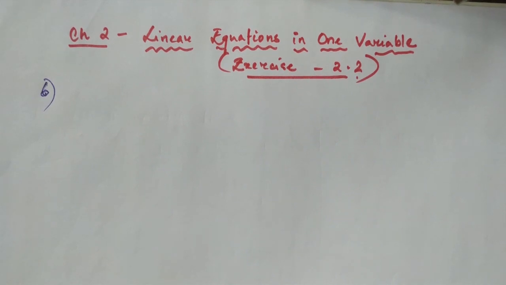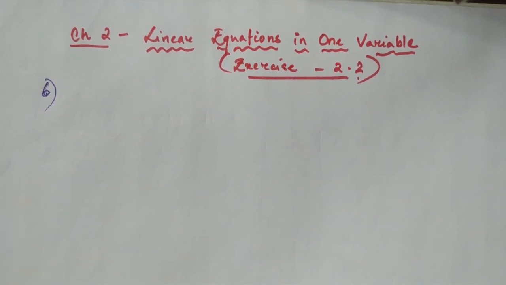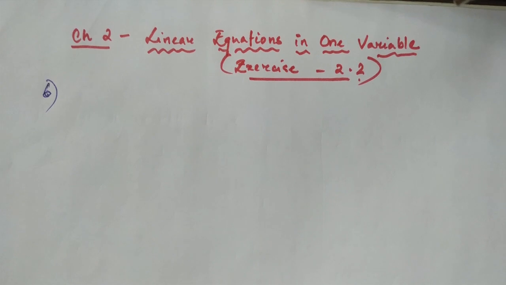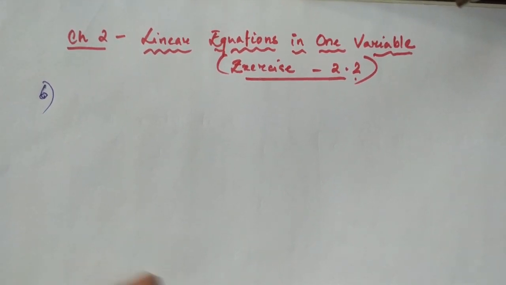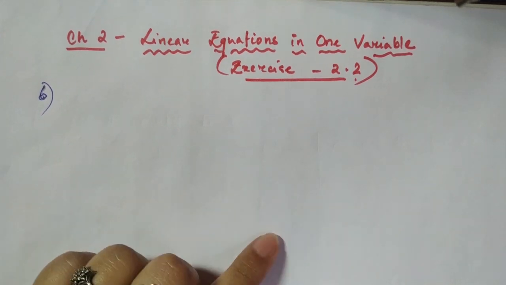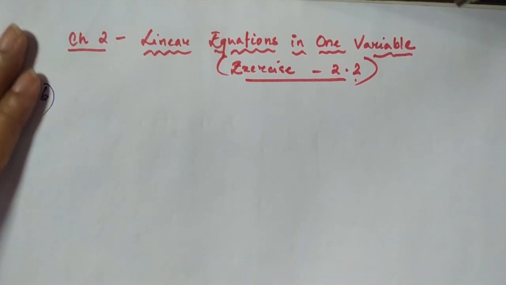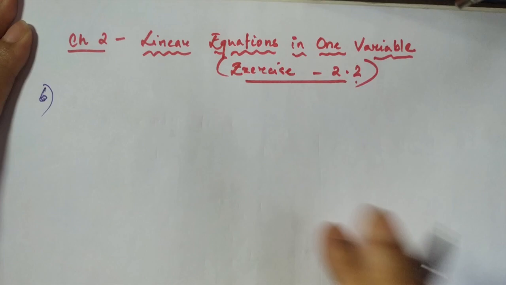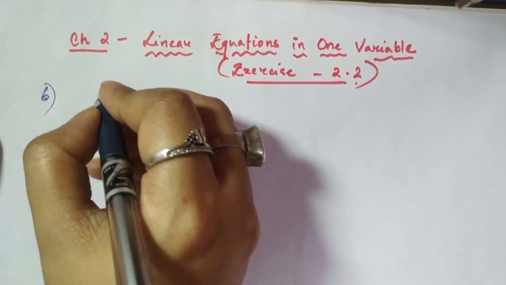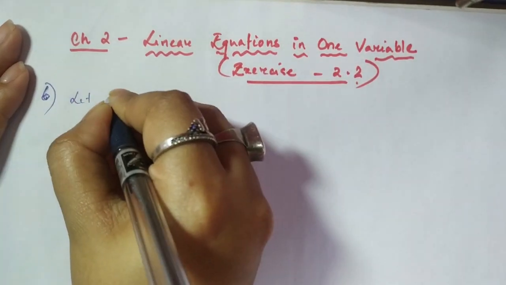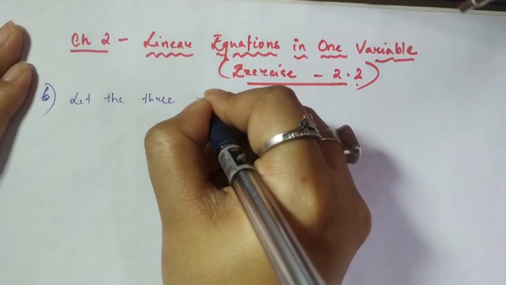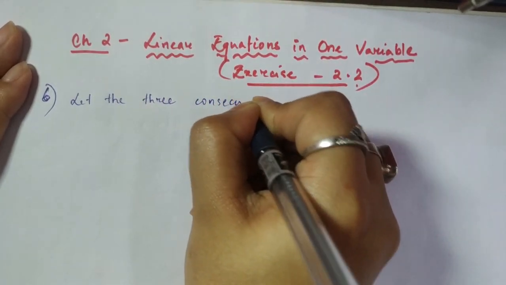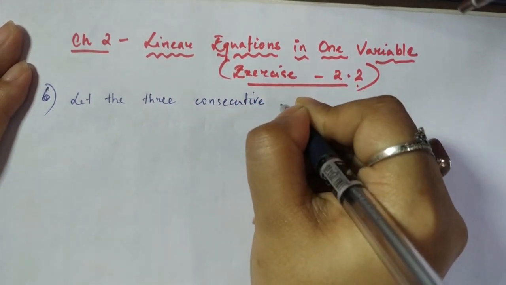The question is: 3 consecutive integers add up to 51. What are these integers? So we have to find out any three consecutive integers which when we add give me 51. So when they are integers, let me consider the unknown, that is, let the 3 consecutive integers